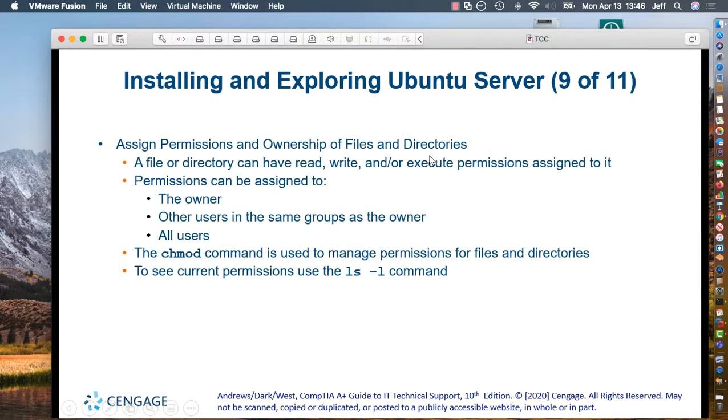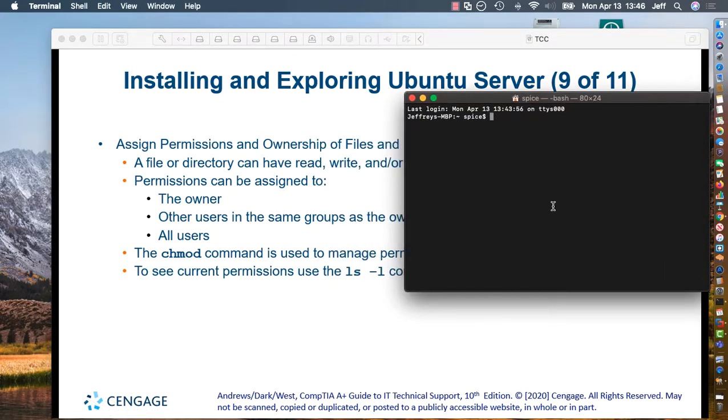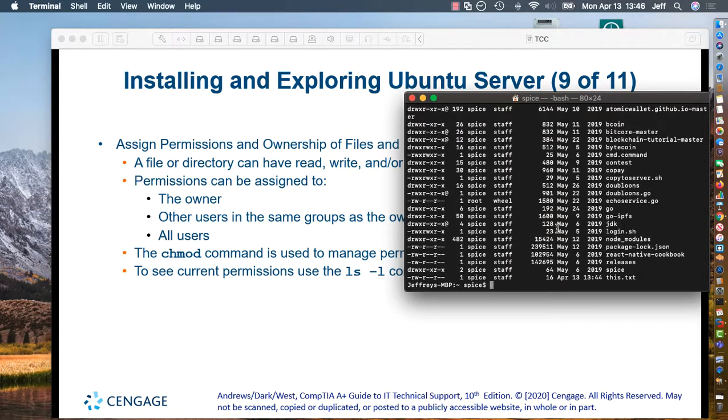All right, so assigning permissions of folders, right? Permissions can be assigned to owner, other users, and all users. The chmod command is used to manage permissions for files and directories. To see the current permissions, use the ls -l, and I can do that on my Mac because it works the same on the Mac. So if I do an ls -l, right, it has the